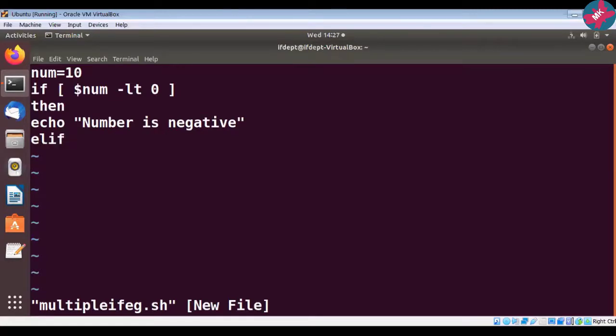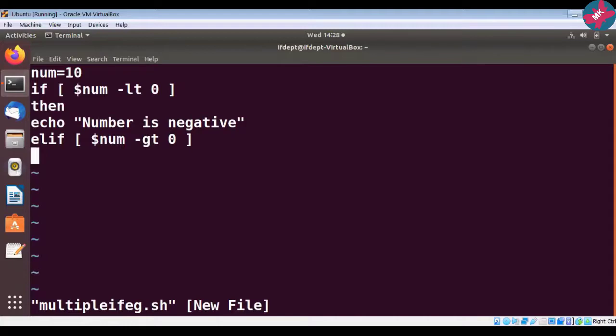If again space bracket space dollar sign. Okay, by mistake I have written something else. So I'll press escape and put x here. Okay. Then space. So here I will put dollar num space dash gt 0 space square bracket.